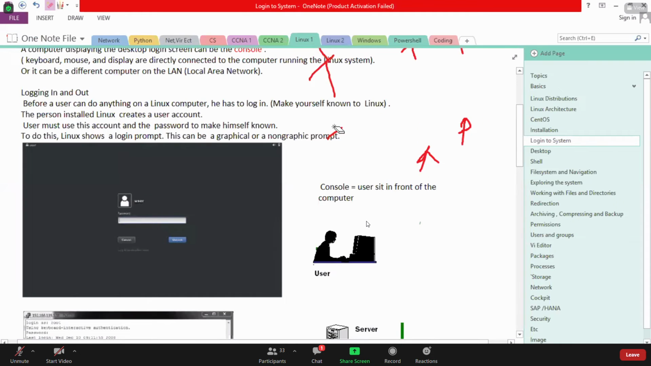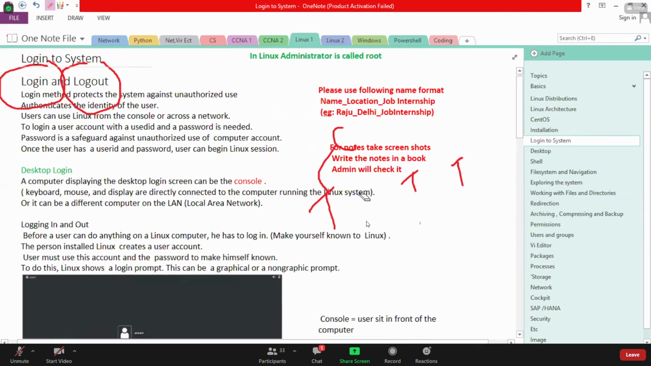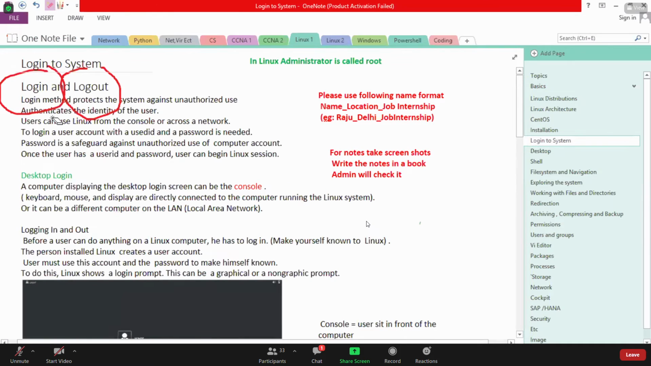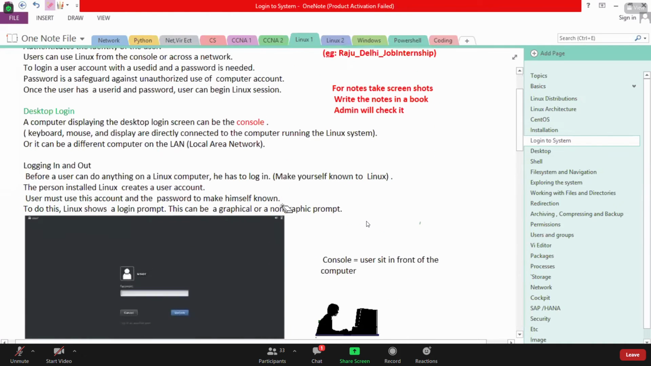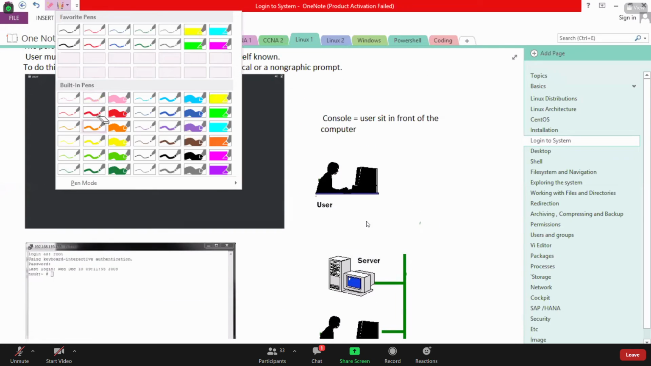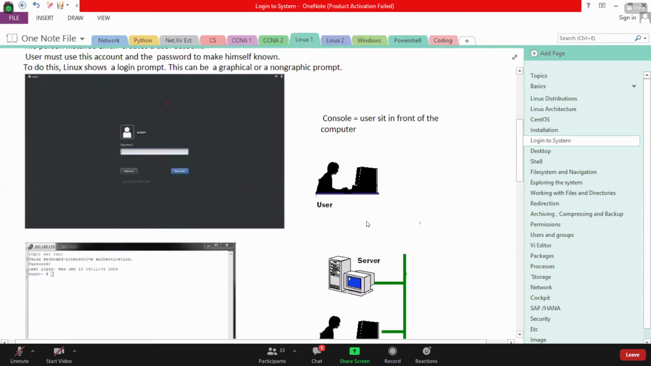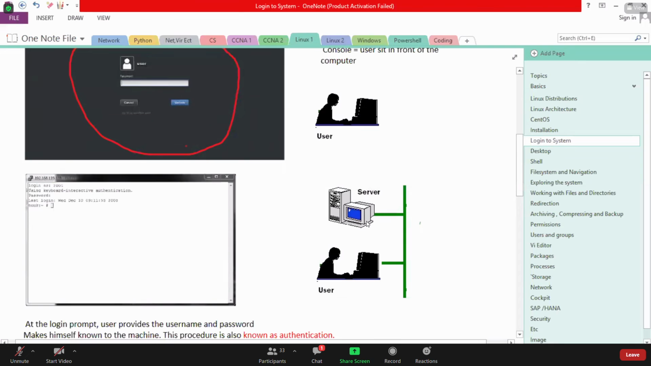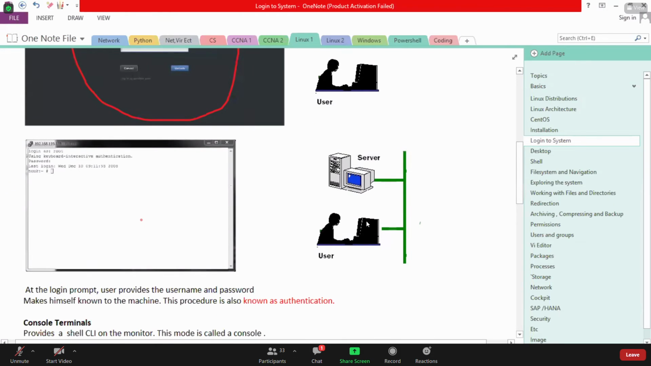So you can use desktop login, you can use command line login. So login will ask you for a username and password. In desktop login or GUI login, you will get a graphical screen. You will enter the username and password, and you can interact using your mouse. But in command line login, you cannot use your mouse to log in. You will get a command prompt,